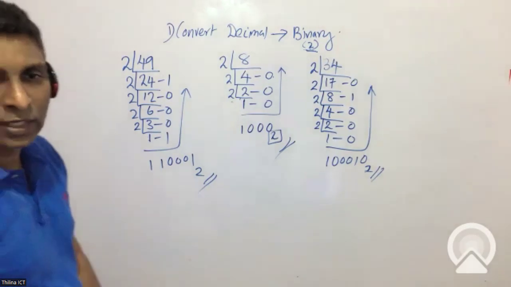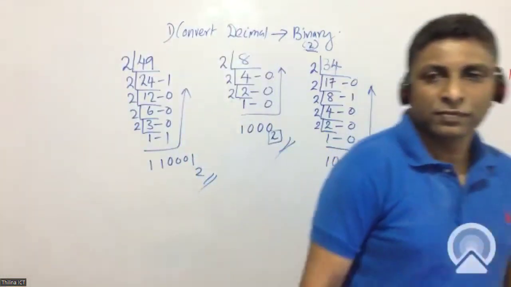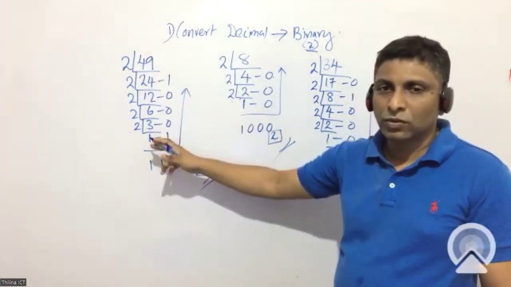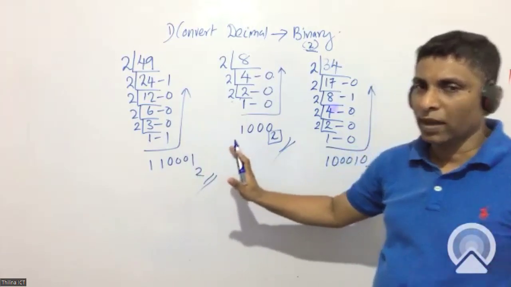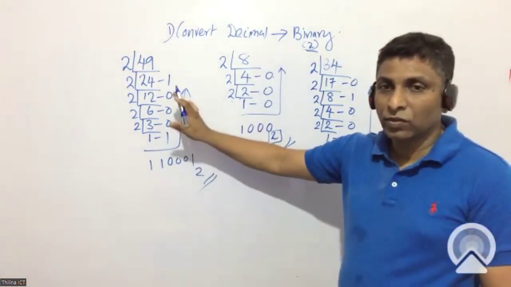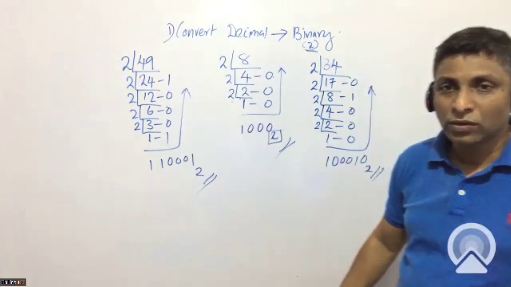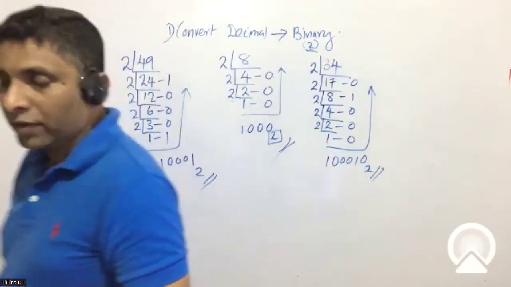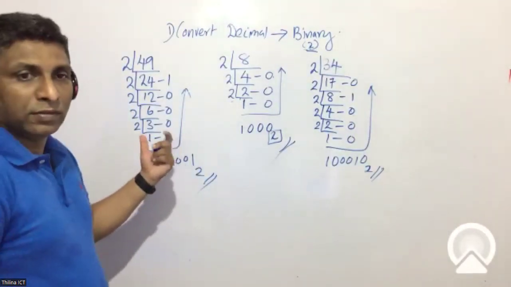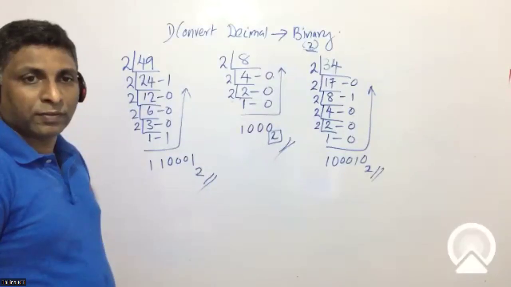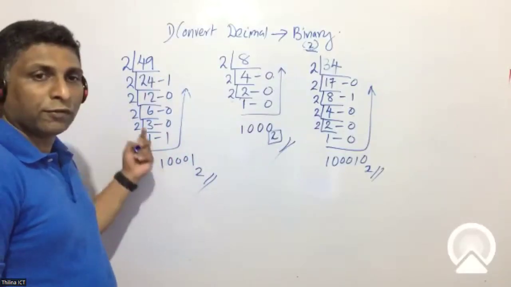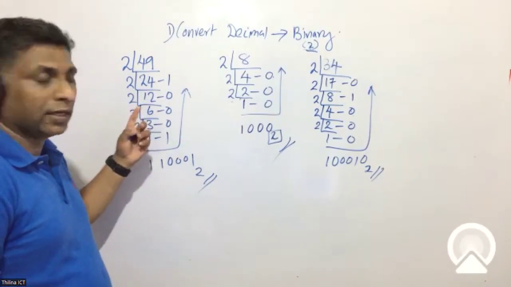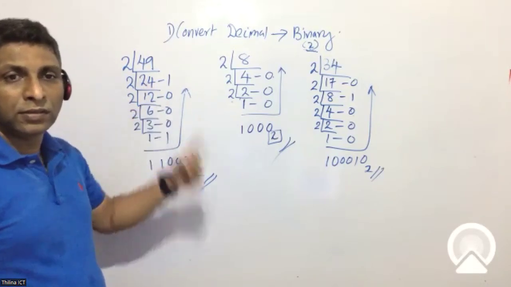Very easy. You will get so many questions. Just simply divide by 2. But make sure you perform the correct division. Sometimes you will get mistakes. You will do mistakes, right? Division mistakes you can do. So the entire problem will become an issue, right? So if you don't perform the successive division correctly, your answer might go wrong,